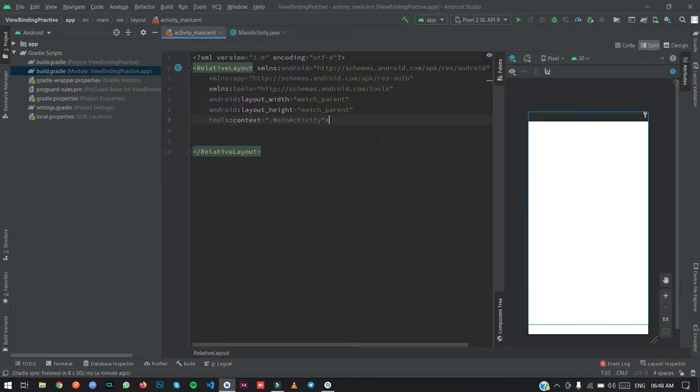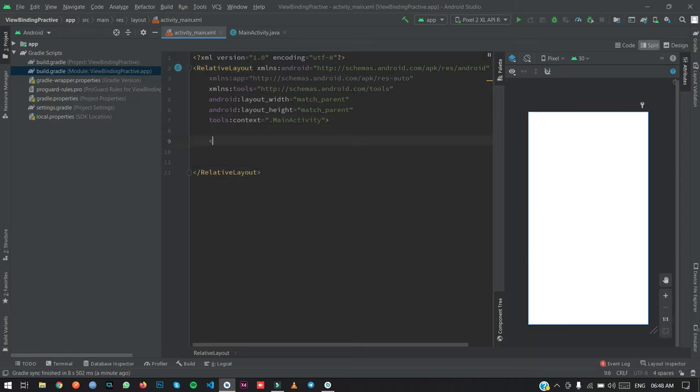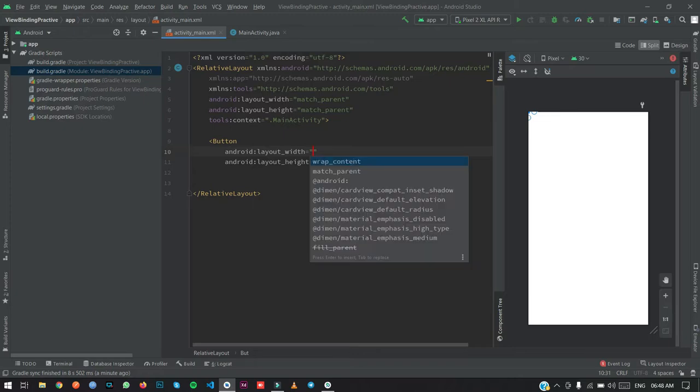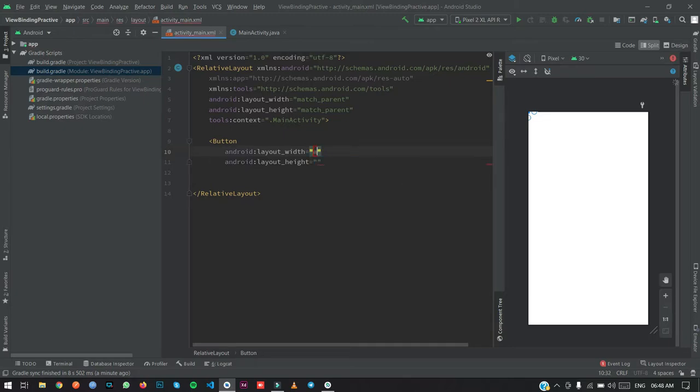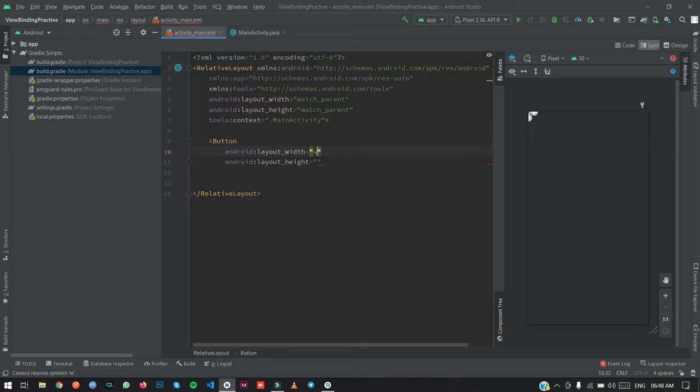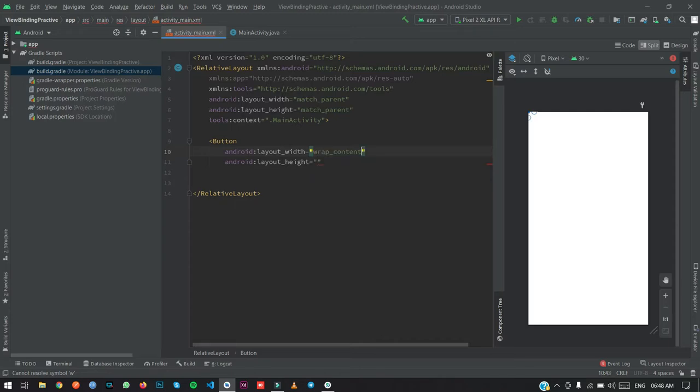So let me show you how we can perform events using binding. Sorry. In the content, we have to pass an ID of that particular widget or element you are using.